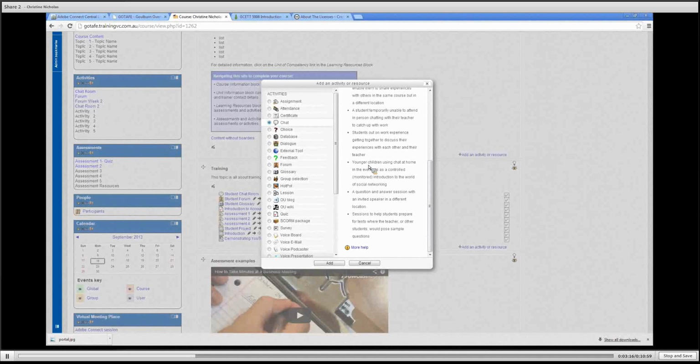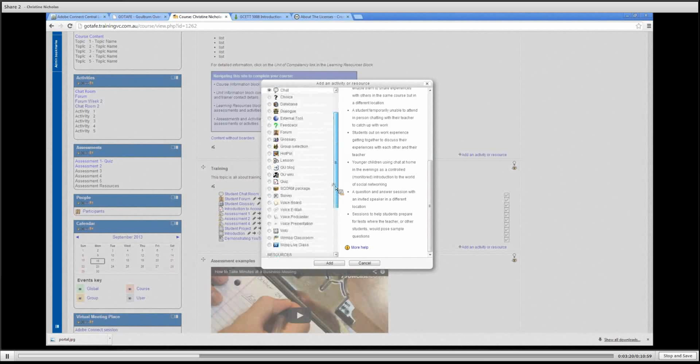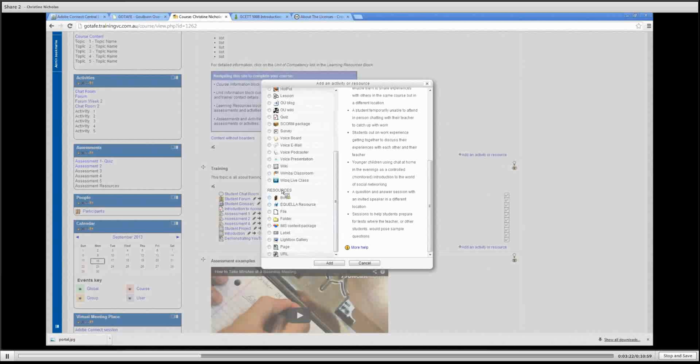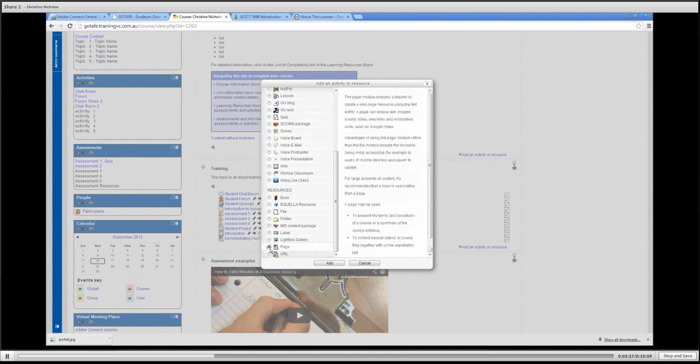You will see the first section is activities and the last section is resources. So this is where you can create electronic books, web pages, labels, which are great for dividing up your content, and folders and URLs, all sorts of things. I'll just create a page here and I'll show you how that works, and by clicking on add,